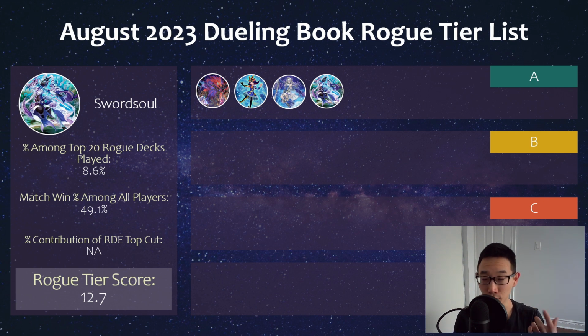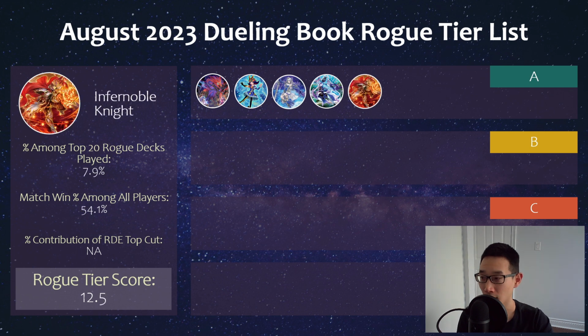It's also pretty easy to play, not to discredit Swordsoul pilots. Of course, there's definitely a lot of intricacies like with any deck, but for the most part, a lot of its standard line of play is pretty straightforward to pull off. So I think it's a very good deck to start off with as well, and still can do decently well. I'm sure you'll see at least some regional tops here and there in this new format with this deck. So next we have Infernoble Knight, which I was a little surprised scored this low,